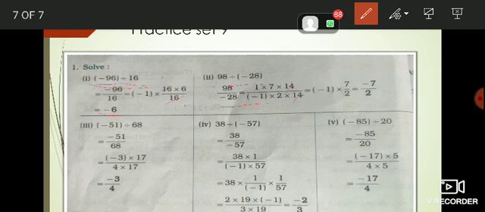Okay students. Now third example we will see. This is also the same. One is a negative number, one is a positive number. Minus 51 upon 68. Again we have to take the factors of 51 and 68 whose common factor is the same. 51 is present in the 17 table. 68 is also present in the 17 table. 17 threes are 51, 17 fours are 68. What is remaining at the numerator? Minus 3 divided by 4.